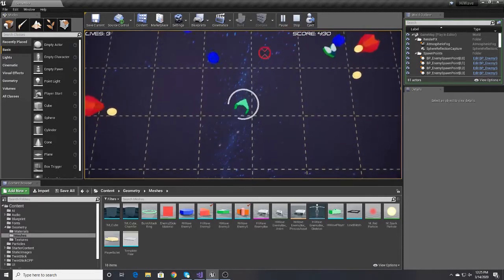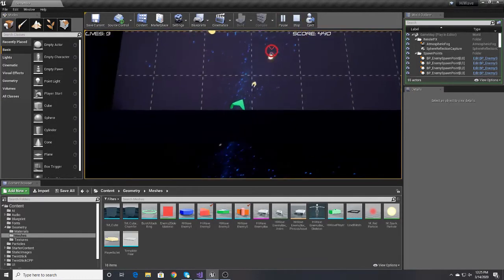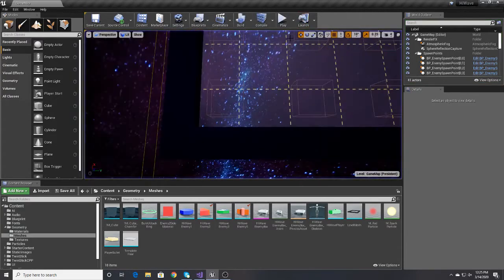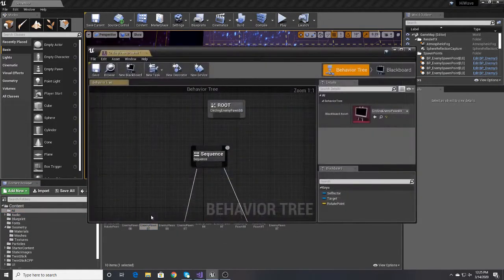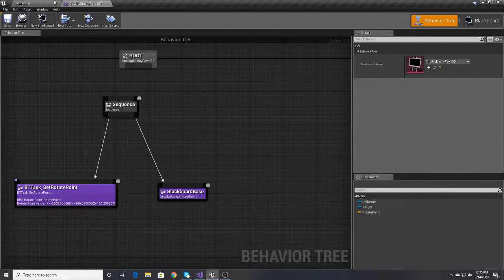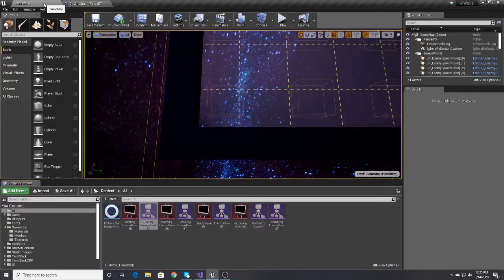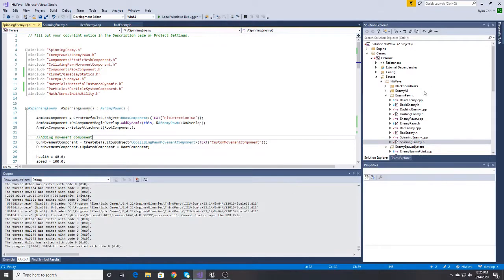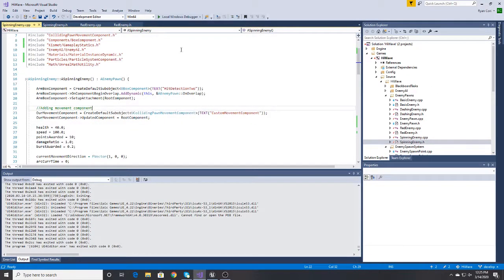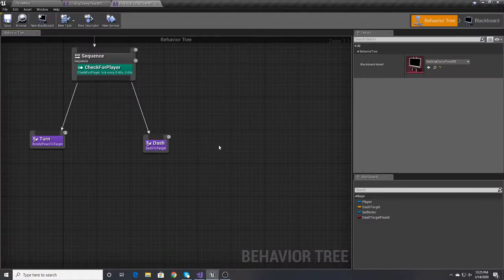I was using, for all of my enemy behavior, these AI behavior trees. And then for the behavior trees, I was defining in C++ all these classes that would define movement and behaviors. Now, the thing with those is that what I've learned is those are great for characters, and